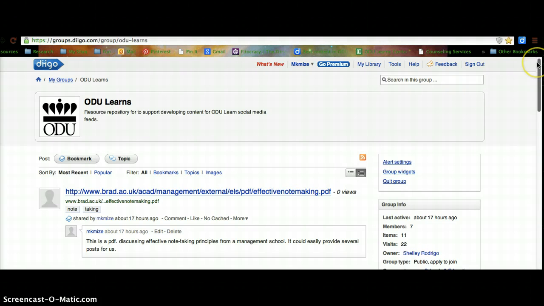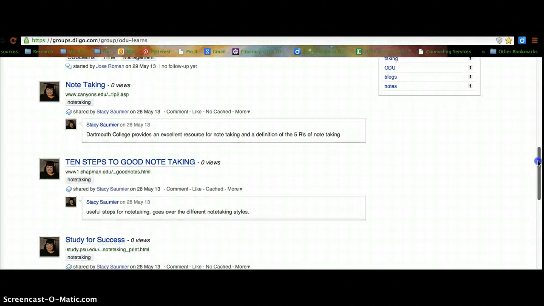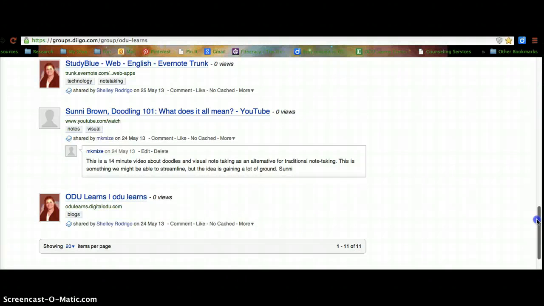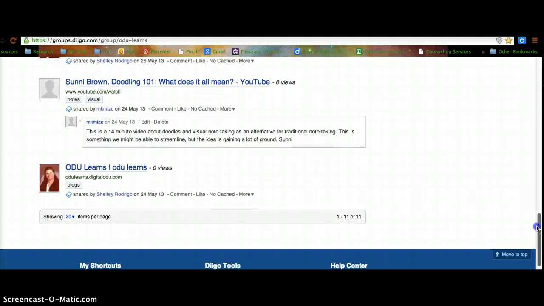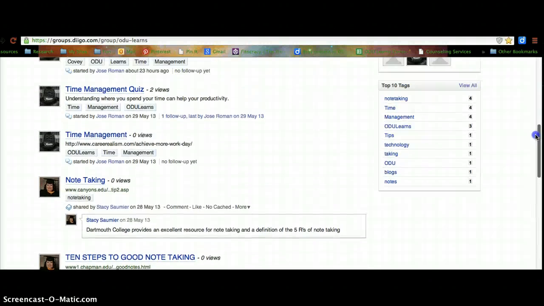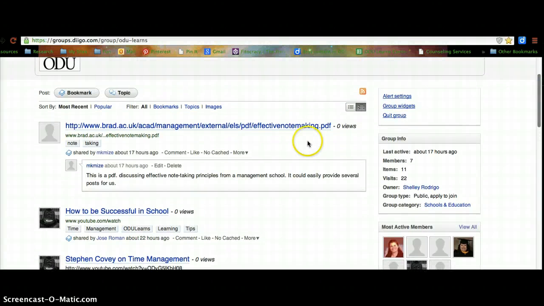As you can see, I'm on the ODU Learns Diigo page, and here we can see a quick overview of everything that's been curated so far. And one thing that we thought we should sort of reiterate from our first meeting is that as you curate various items and artifacts, it's especially helpful to do this kind of annotation and summary, because